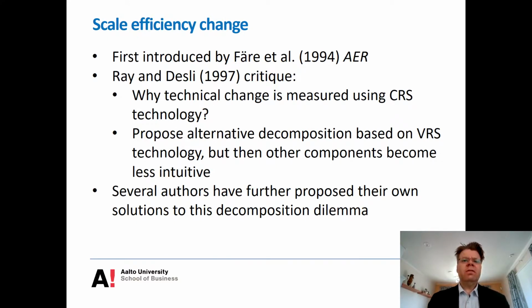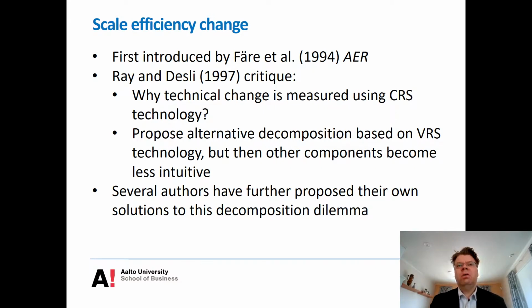So I mentioned that the scale efficiency component was first introduced by Färe, Grosskopf et al. But that also has attracted quite a lot of critical debate in the literature. And the first authors to criticize this scale efficiency component were Ray and Desli, a few years after this article was published, and this Ray and Desli critique also came out in American Economic Review. And they point out that in this decomposition, technical change is measured using this constant returns to scale benchmark